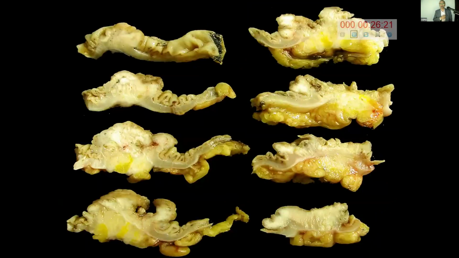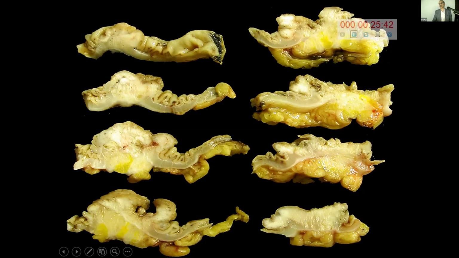And I've used this for more than a decade now to train our first year residents and pathology assistants who help with grossing. So this is obviously a serial section of a colon mass. And the question that I ask them is, which is the slice that you would put through for microscopy to decide the greatest depth of invasion? Because we have this idea in our head that the depth of invasion goes through mucosa, submucosa, propria, perimuscular connective tissue or fat, and then serosa,